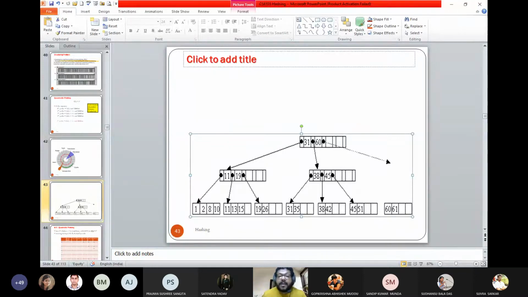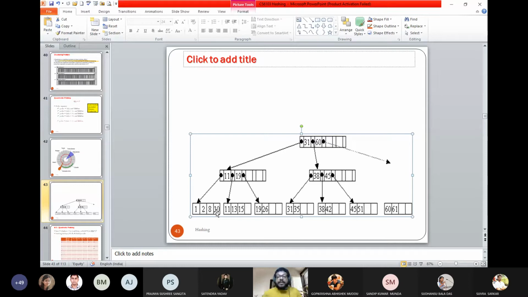Okay, let us clarify. What is this 1, 2, 8, 10? Now you come to that. This is a key value. But along with the key value, you have to store an address. Let us assume that this particular single field, 1, 2, 8, 10, has an address along with it. Now you can justify why it is 4: a single location in the hard disk is capable of storing details about 4 records. Got it?